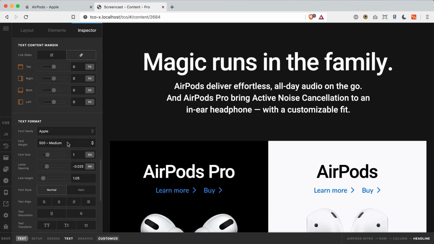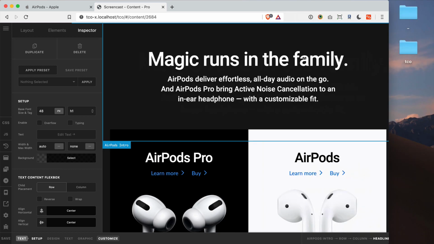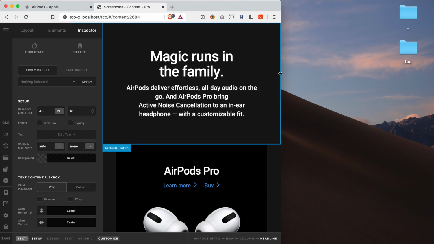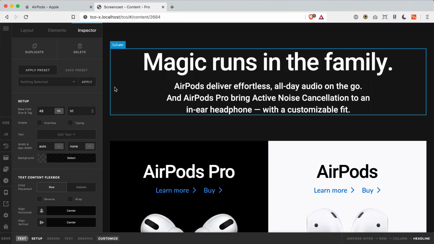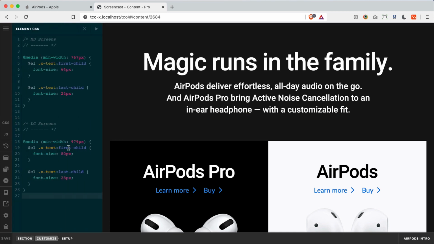And you'll see that I set up a base font size here. I was going with a mobile up approach for this design. So 48 is the font size that you'll see right here that we're using on our smaller screens. And then I'm using a bit of Element CSS on the section itself to silo these styles to these headlines. And all I've done with that is pick a couple breakpoints where I want those font sizes to change. So here's my first change at